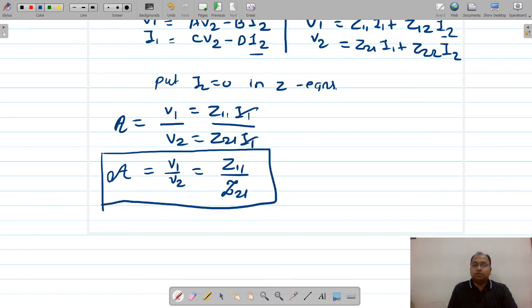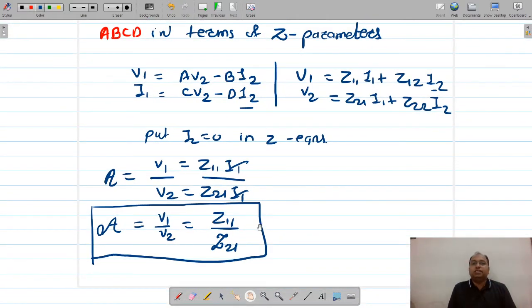I hope it is very simple. Okay, so once you understand how we need to proceed to find out the relation, or if you understand how to find out the ABCD parameters, then the same process you have to apply on the other parameters' equations. That's it. We only need to find out the relations. You must understand what I need to find out. We must know our goal. Once we know the goal, we can proceed in the particular order, so that we can find out that ratio and derive those particular equations in terms of the other parameters.